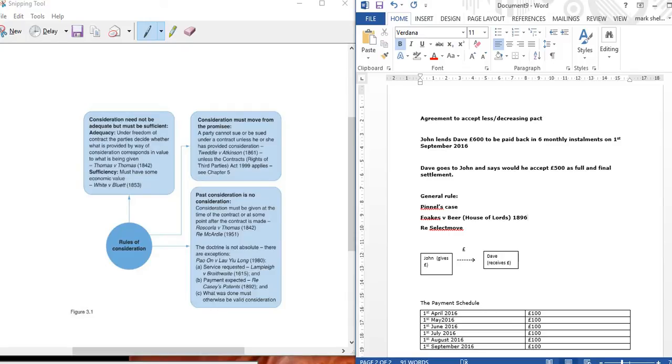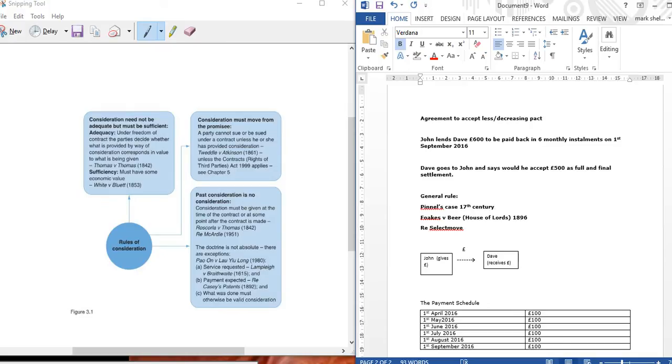And what the House of Lords said is, the general rule is that if you agree to pay something or give something, then you have to pay or give something. There's no getting off with it. So if someone comes along and agrees to accept £500 to satisfy a debt of £600, the general rule is that there is absolutely nothing in the law that says that agreement can be upheld. So there is nothing to prevent, in this example, even if he agrees to accept 500, John from going back to Dave after and saying, look, Dave, I know I said I'd accept £500, but no, I want the £100 outstanding. So that's the general rule, and it was formed in Pinnell's case, which I think is around the 17th century,